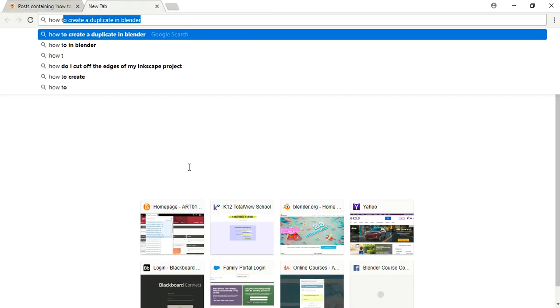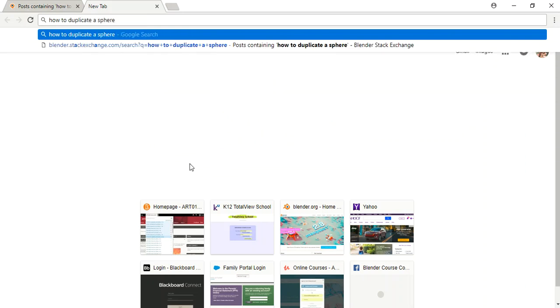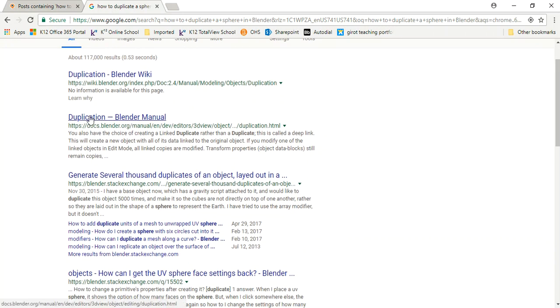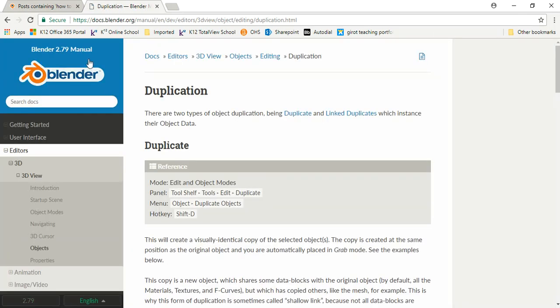So how to duplicate a sphere, and you have to be specific on Google because it's not the Blender site. You'll have to put in Blender. So how to duplicate a sphere in Blender. And you'll notice that there is a Blender manual, and I have used the Blender manual myself many times, actually